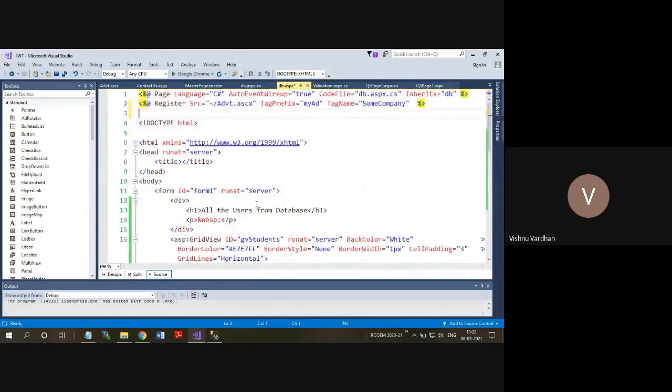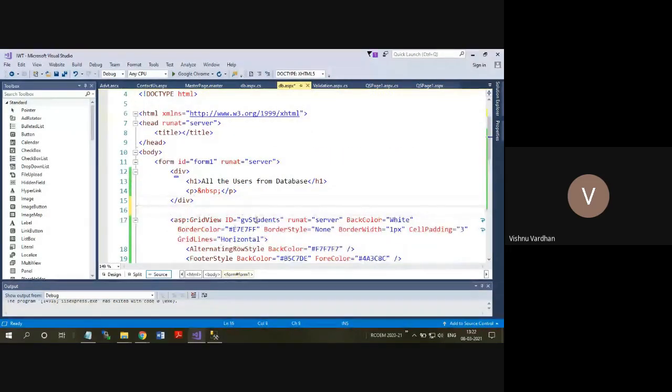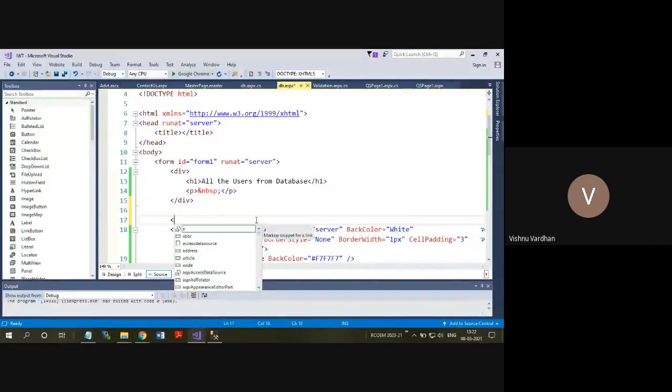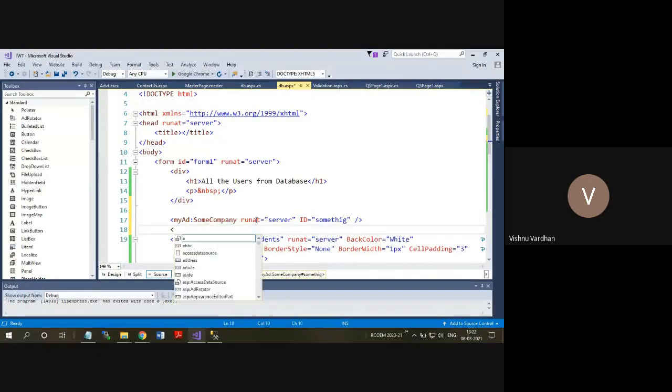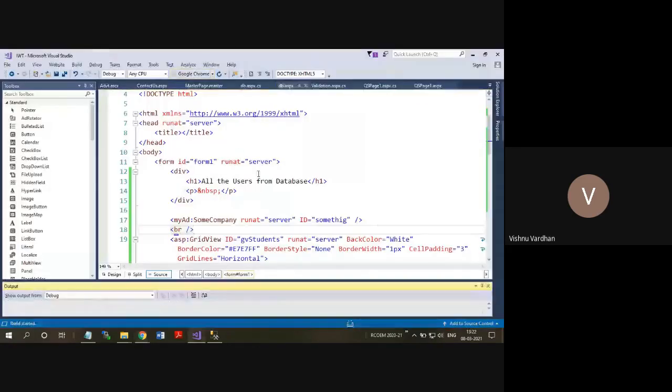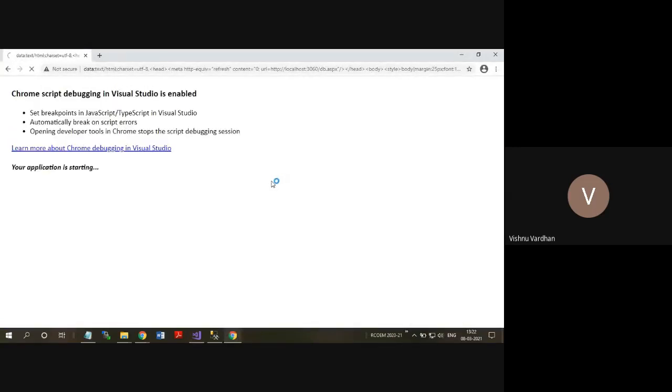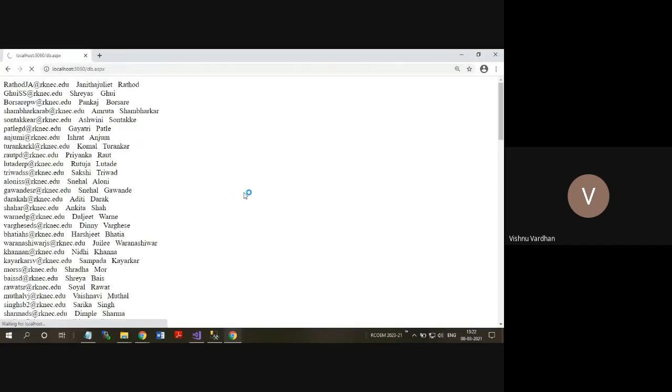And the tag prefix I would like to call here before this grid control. What is that? My ad runat server and ID is something. Okay, that's all. And when you load this database page, there also the same functionality is getting replicated.